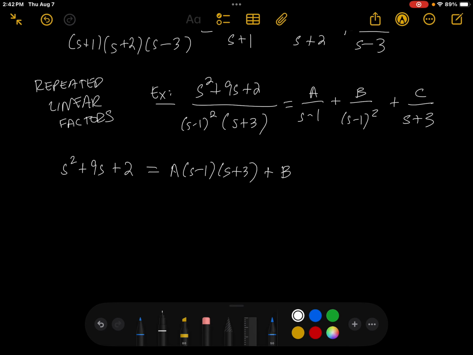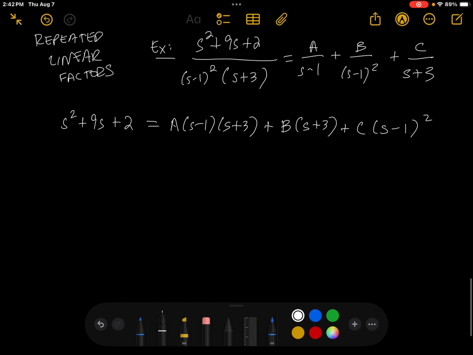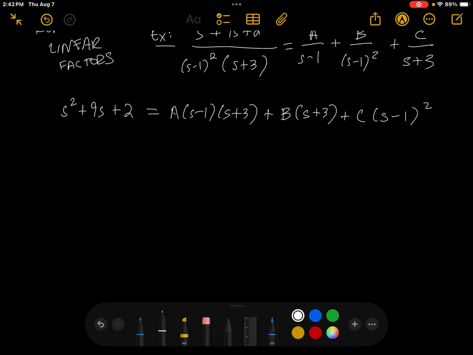And then for b, the s minus 1 squared is on the bottom, and so that's going to cancel with s minus 1 squared, and so you're going to get b times s plus 3. And then for c, the s plus 3's cancel, so you get c times s minus 1 squared. Okay. Well, here you could, again, do the thing where you distribute the entire right-hand side and set the coefficients